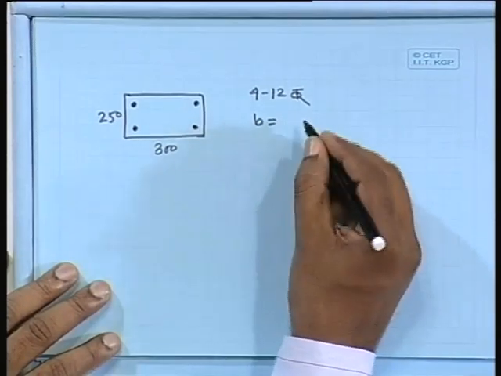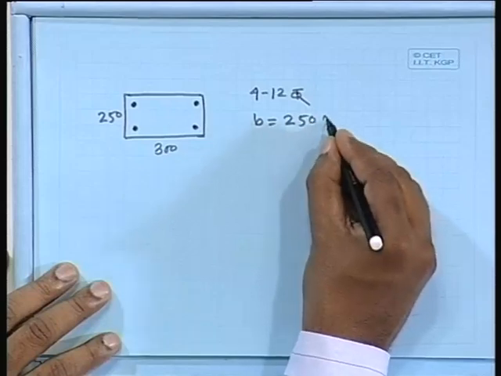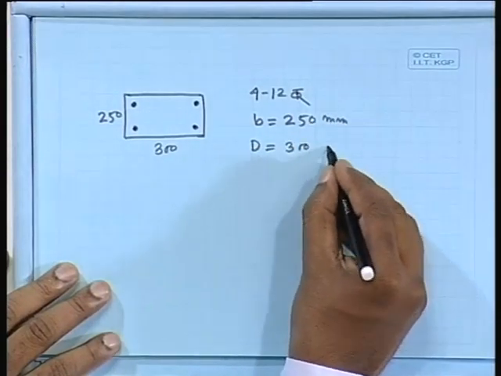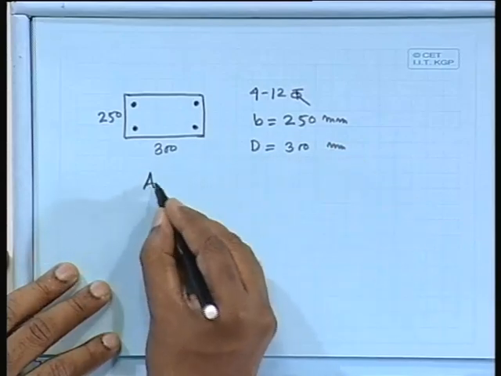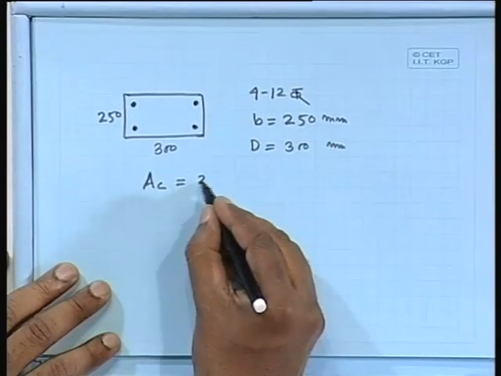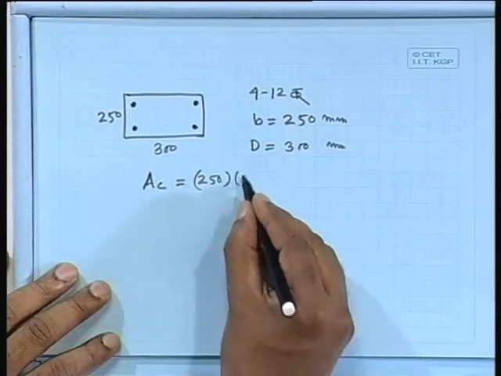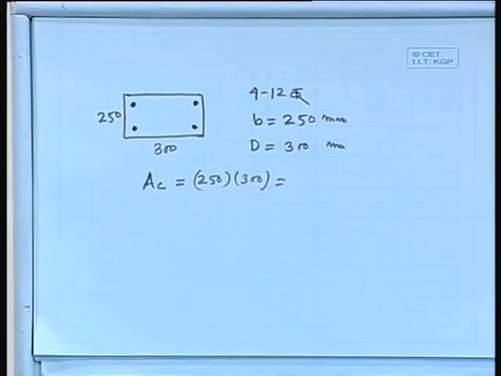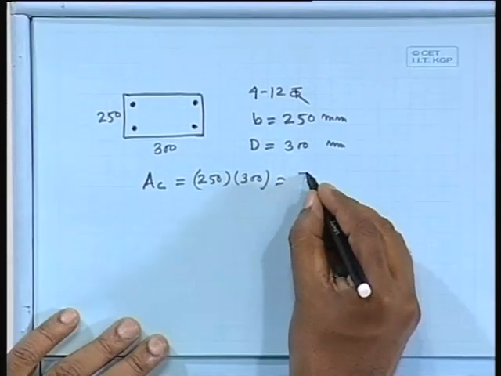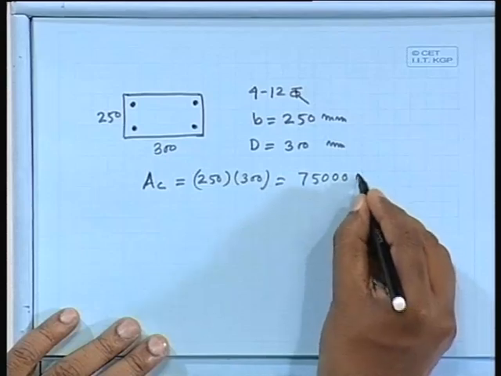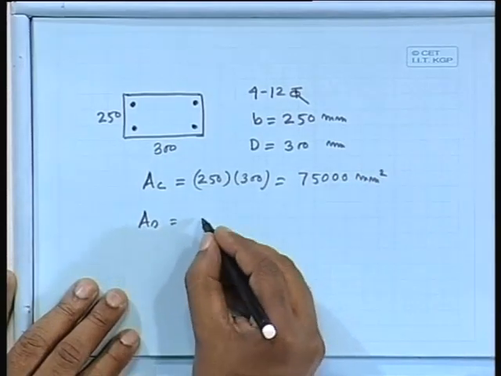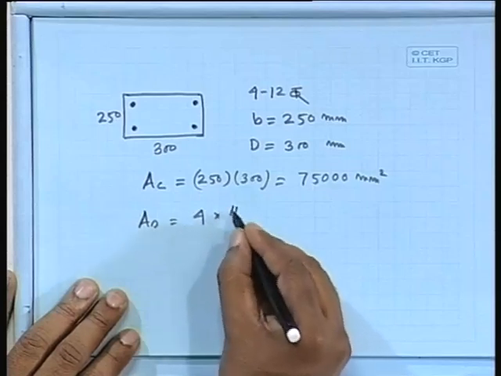B equal to 250 millimeter, D equal to 300 millimeter, AC equal to 250 times 300, AS equal to 4 times